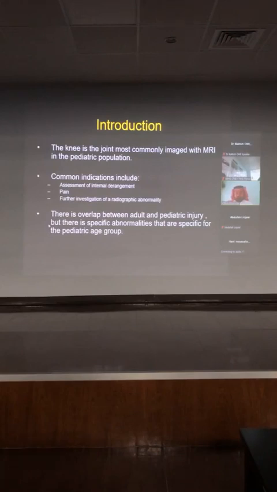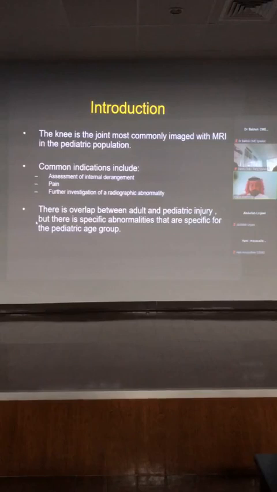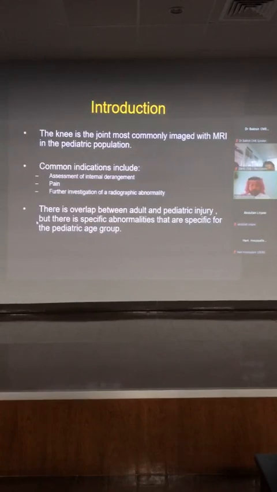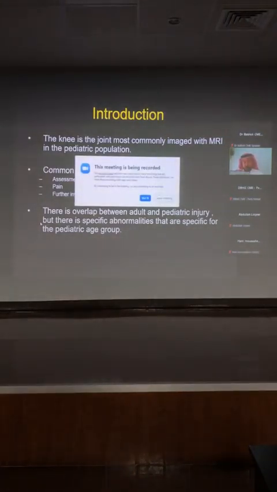So let me start by saying that the knee joint is by far, as we all know, the most commonly imaged joint by MRI in the pediatric population. The usual indications are to look for internal derangement, pain, and if there's a radiographic abnormality seen on the X-ray, that they want to confirm with the MRI. So in the overlap between the adult and the pediatric injury, there are abnormalities that are specific for the pediatric age group, and those are the ones that I want everyone here to take home, and not fall into the pitfalls that happen with that kind of